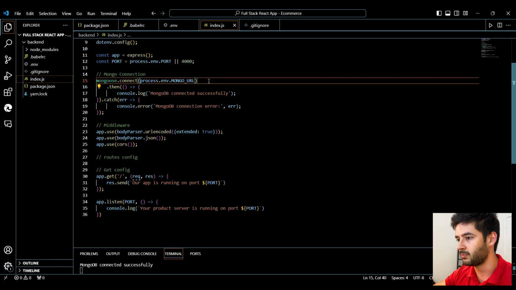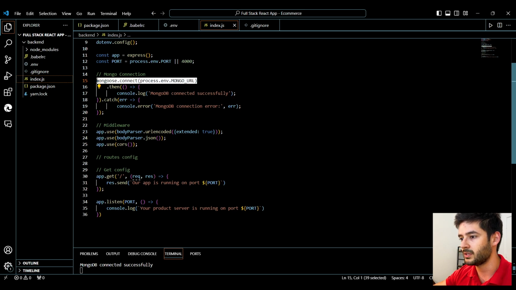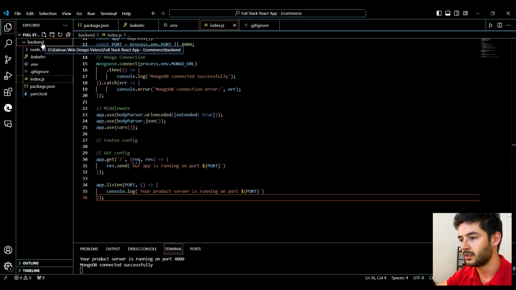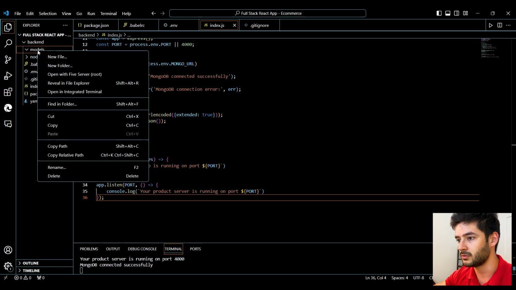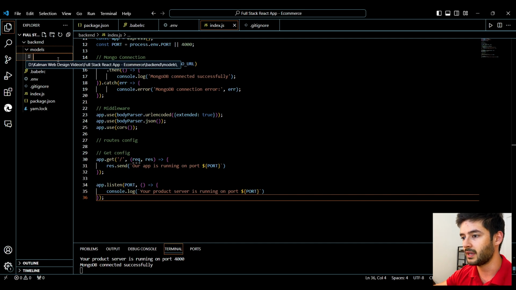And one more thing I want to point out is that when you're using Mongo, you create databases implicitly in your index.js. So here is where we're creating our database. Next, we want to create a new folder within our backend called models. And within this models folder, we're going to create a file called product